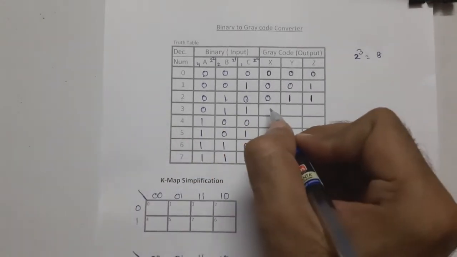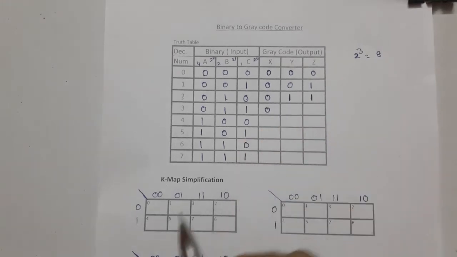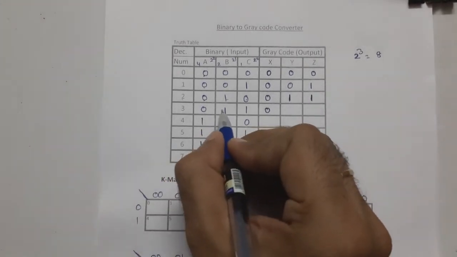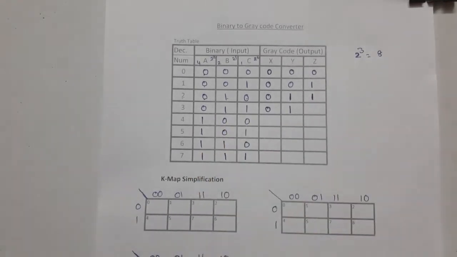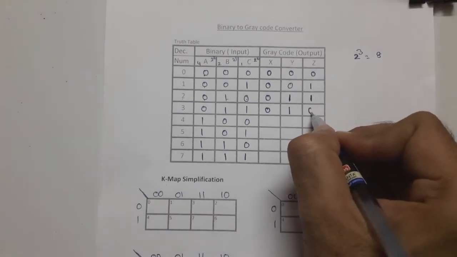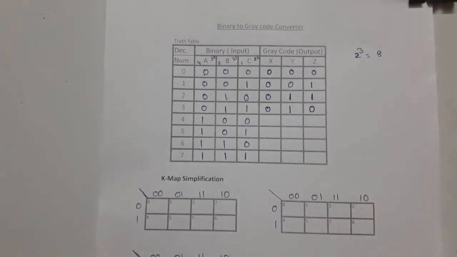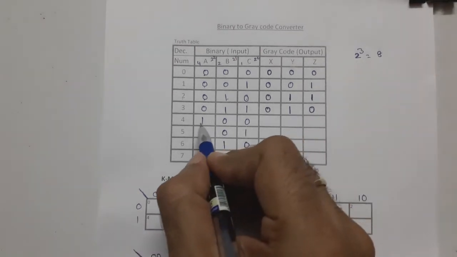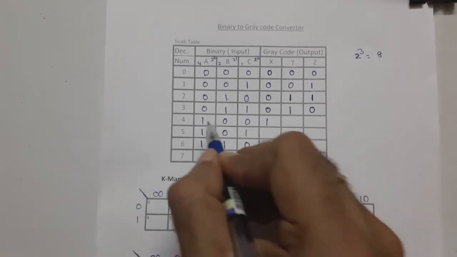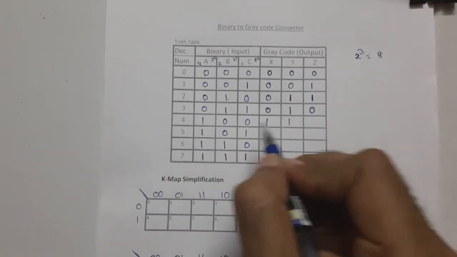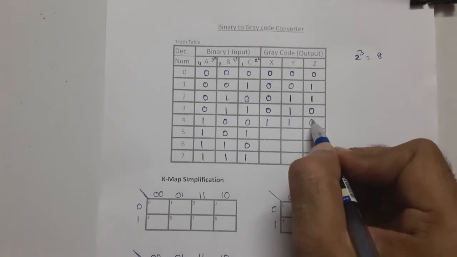And for 3, again that MSB is 0, and then 0 plus 1, the sum is 1, and here 1 plus 1. 1 plus 1 is nothing but 1, 0. In this case, ignore that carry, and here write this 0. Ignore the carry. Now for 4, MSB is 1, and add these two, this is 1, and 0 plus 0 it is 0.